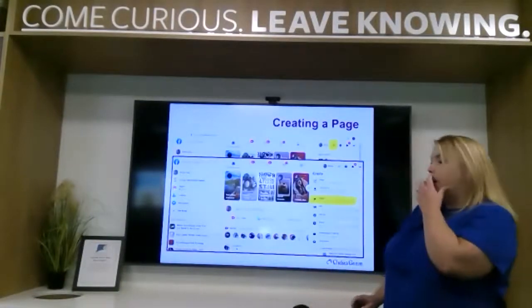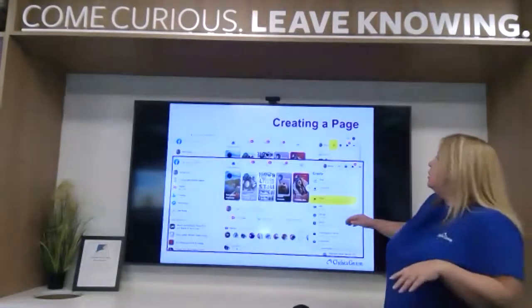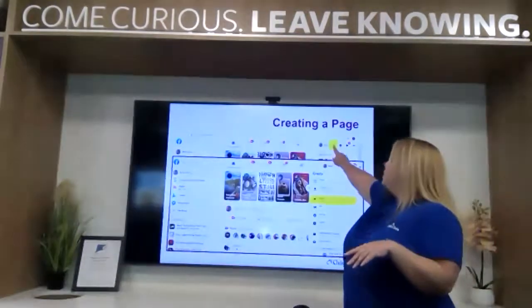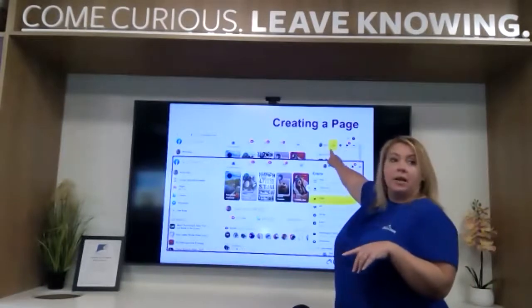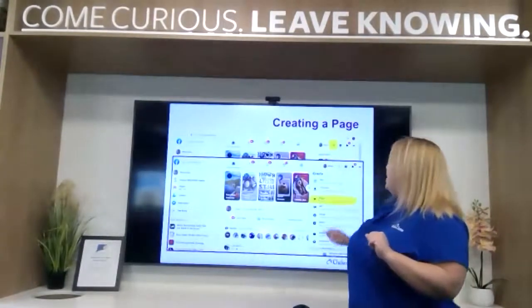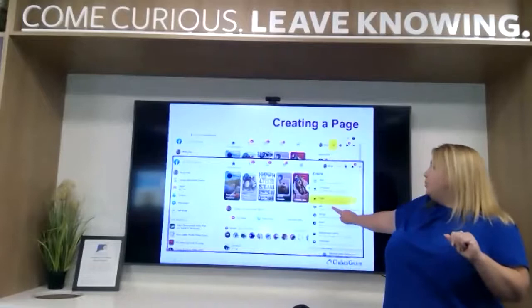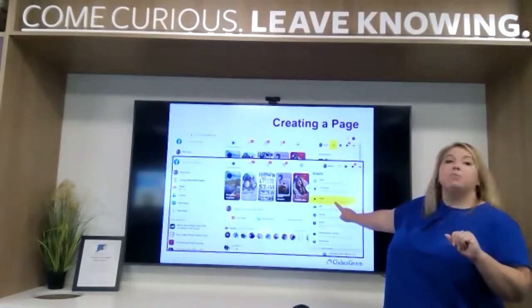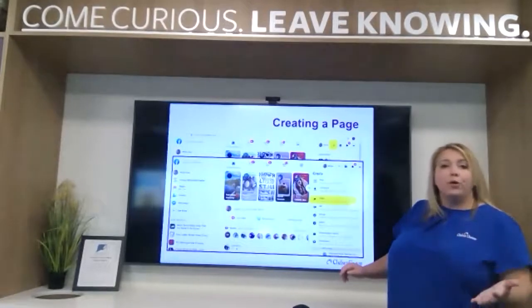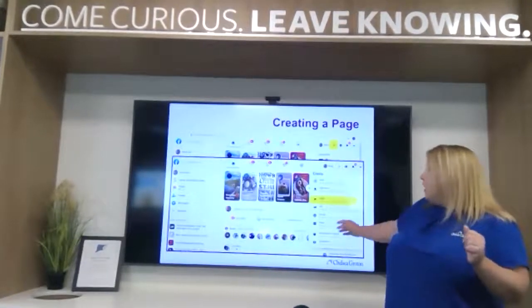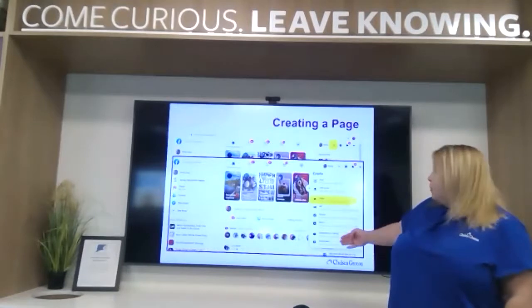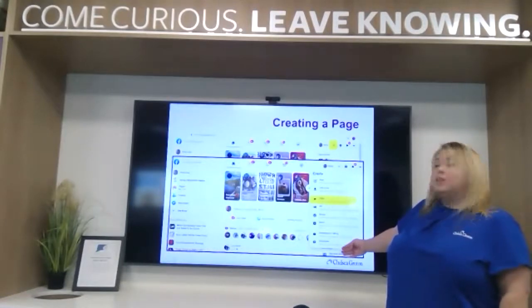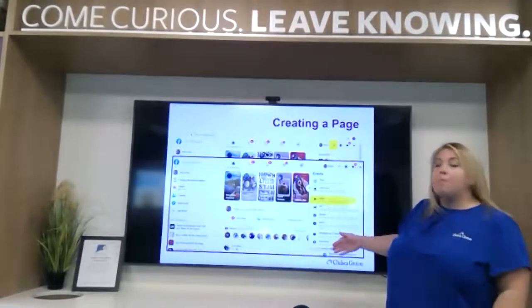Here's how we're going to create a page. On your page, there's now a little plus button up in the corner. When you click on that plus button, it will break out a drop down, and then you select page. You can also do some other things from that plus button. You can create an ad, a group, an event, a marketplace listing, a fundraiser.